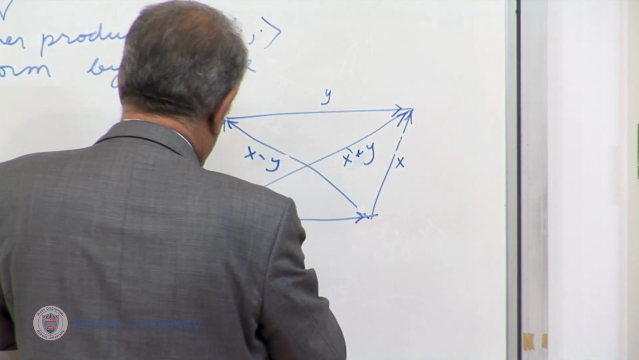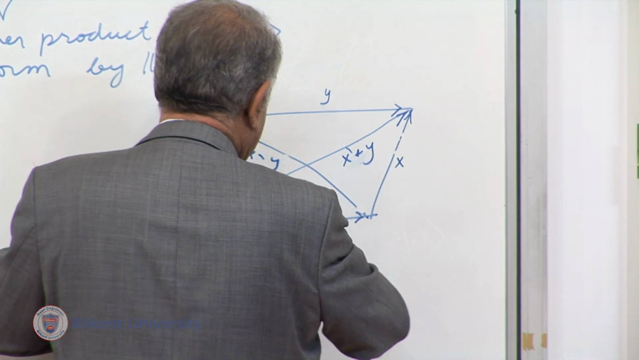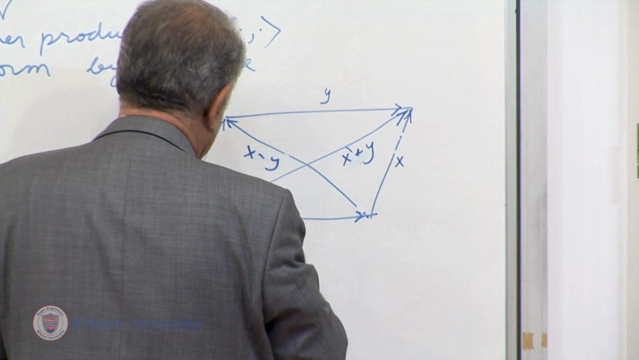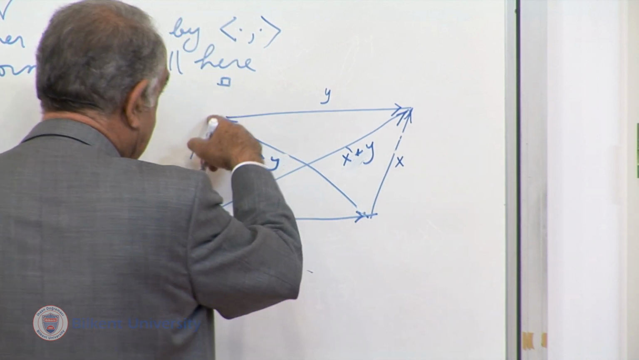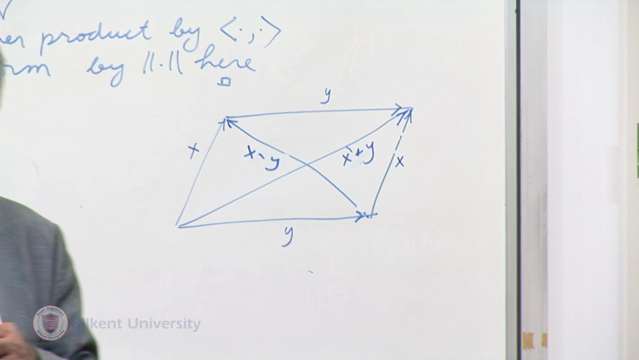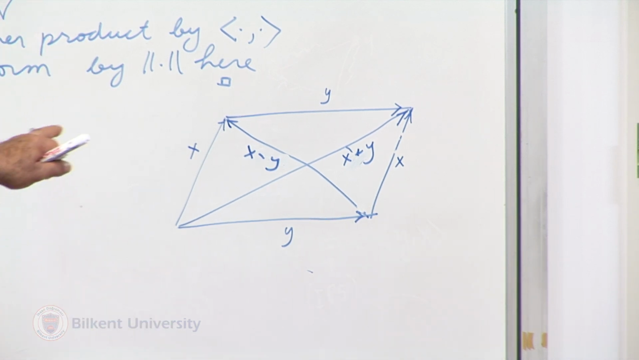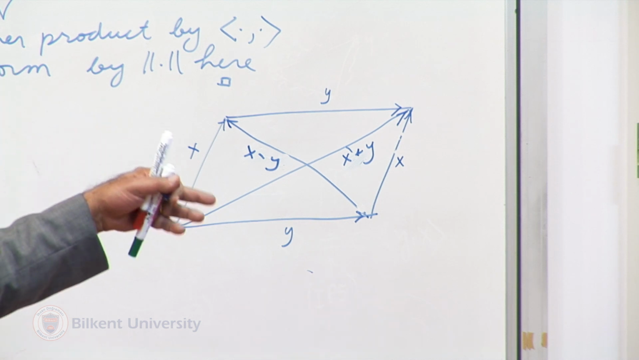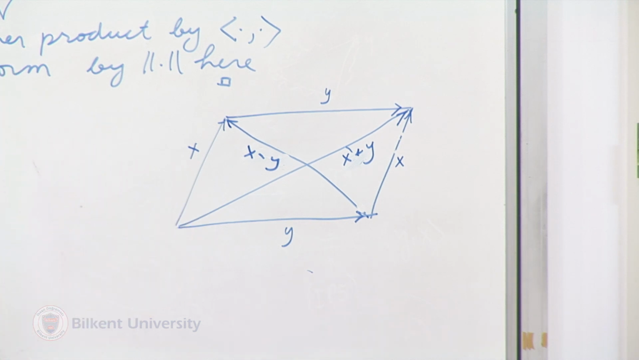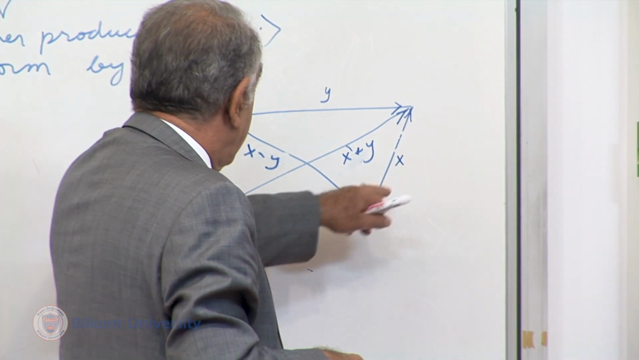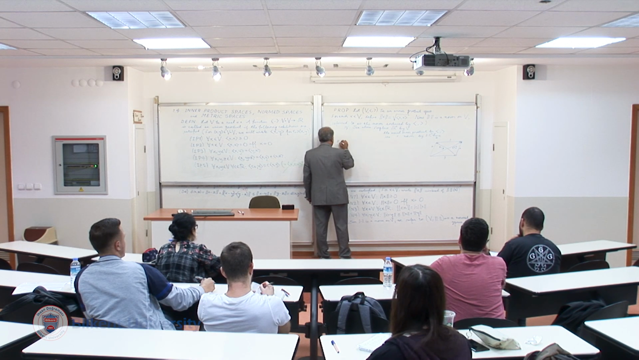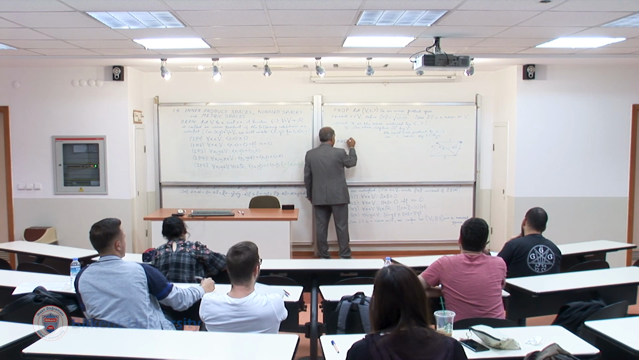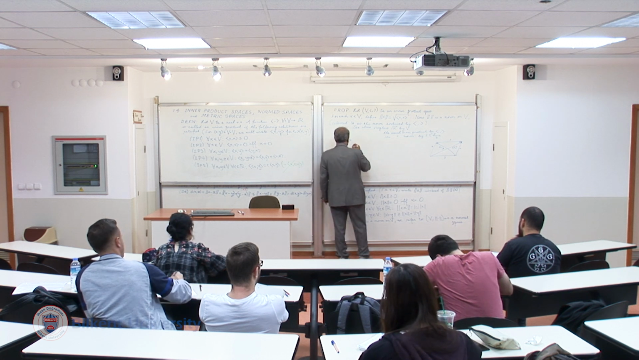Now, this is y, this is x, this is the sum, x plus y. Now this is y, this is x minus y, their sum is x. So the lengths of the diagonals, they're the norms of x minus y and x plus y in R2, the usual norm, and these are the norms of x and y respectively. So, having that in mind,